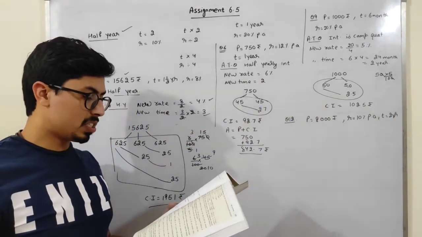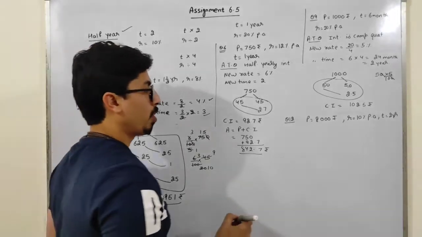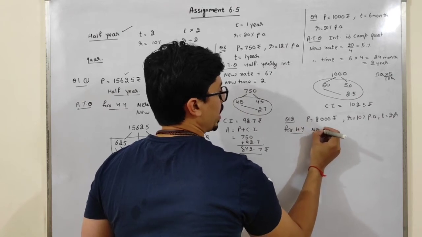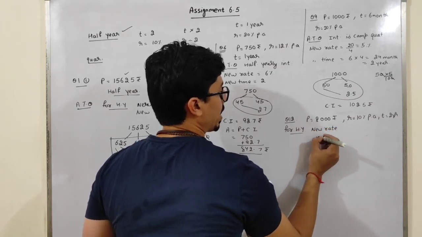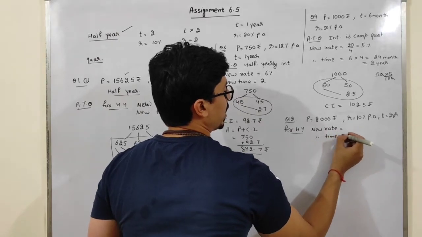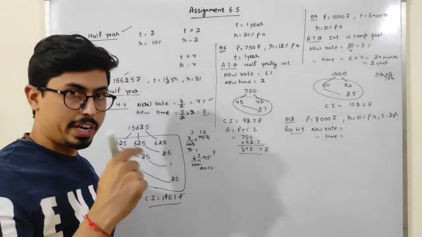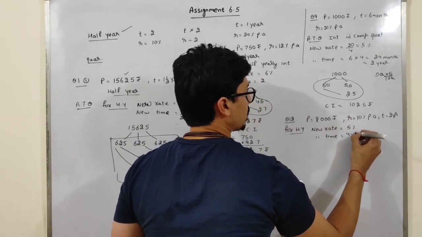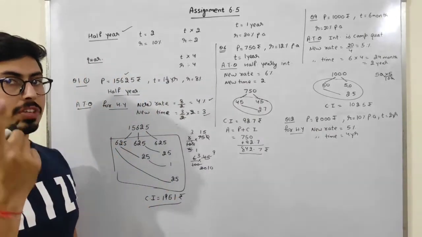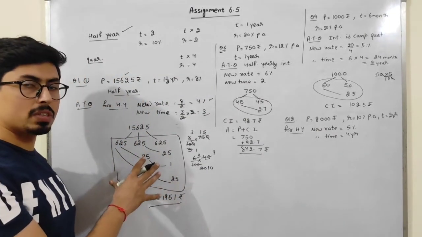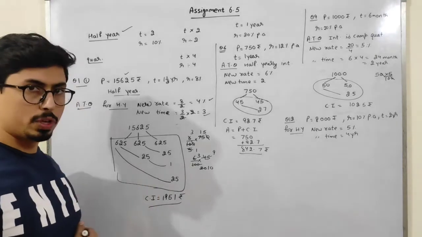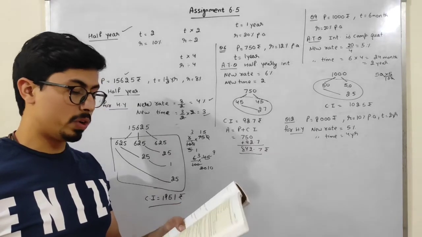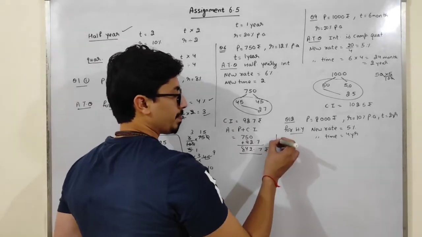Okay. If the interest is calculated half yearly, for half yearly students, new rate and new time I can find out. So new rate will be how much? Divided by 2, it will be 5% now. And time will be multiplied by 2, means 4 years. Okay, now time is beyond 3 years. So don't make the structure like this, because it will create a mess for you, students. Now what we have to do in question number 12, we have to find out the compound interest.